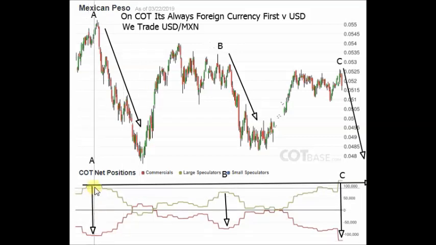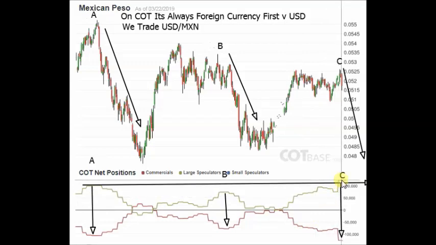Now, if we look at trade setup A, you can see the speculators very long the peso and short the USD. Commercials short the MXN and long the USD. Big divergence. We peak out and we see a nice move to the downside, okay? B, it's a smaller divergence, but again, it goes in favor of the commercials. This week, if we look at the